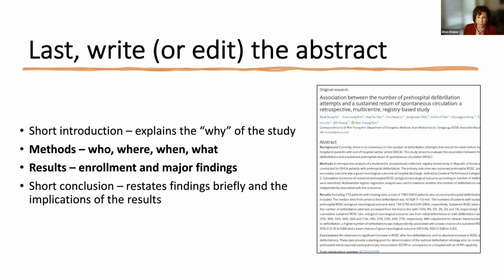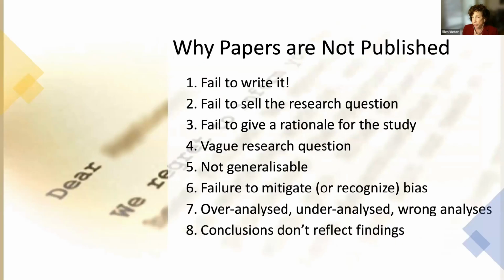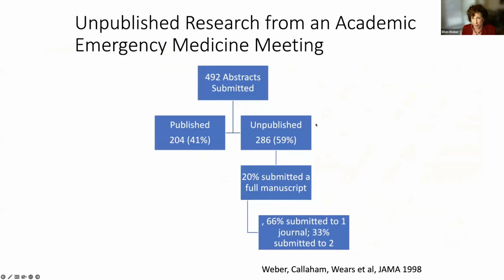Now, I mentioned that there were 7 things that were reasons that papers were not published, but there are really 8. And the most important one is that people fail to write the manuscript in the first place. So we did a study quite a number of years ago, and we looked at the abstracts that were submitted to the Society for Academic Emergency Medicine meeting. And we found 492 abstracts were submitted. Of these, 59% never